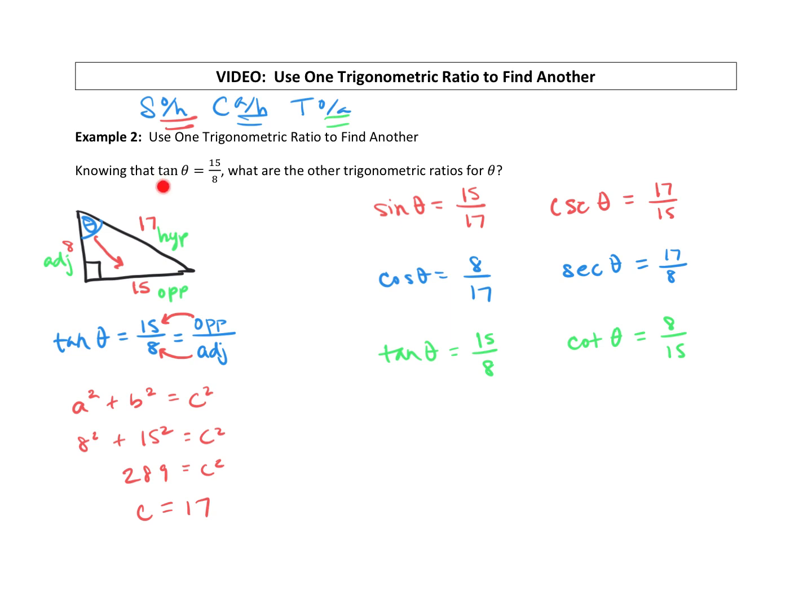Again, all we knew was tangent of theta was equal to 15 over 8. We kind of drew out the information we knew, and that was enough to get all the rest of our trig values. Do you notice how the Pythagorean theorem worked out perfectly? Our 2 sides squared equaled a number that was a perfect square, so we got this nice clean 17. When that happens, we call those values Pythagorean triples. So I want you to add into your notes